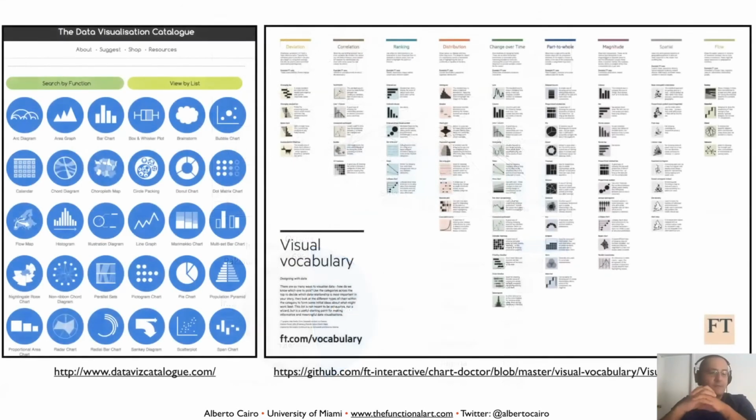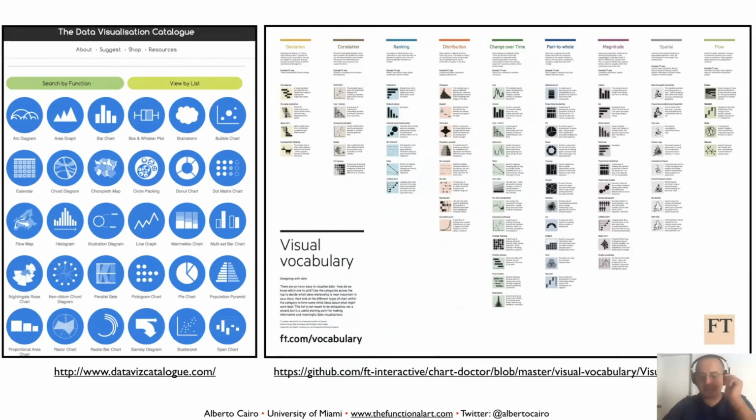Probably many of you are familiar with these resources, which are great to guide our choices whenever we design a visualization: the data visualization catalog, the visual vocabulary, which was designed by the graphics department from the Financial Times. But when talking about choices in terms of design and encoding of our graphics, we need to go beyond encodings themselves. We also need to think deeply about the way that we sort things,